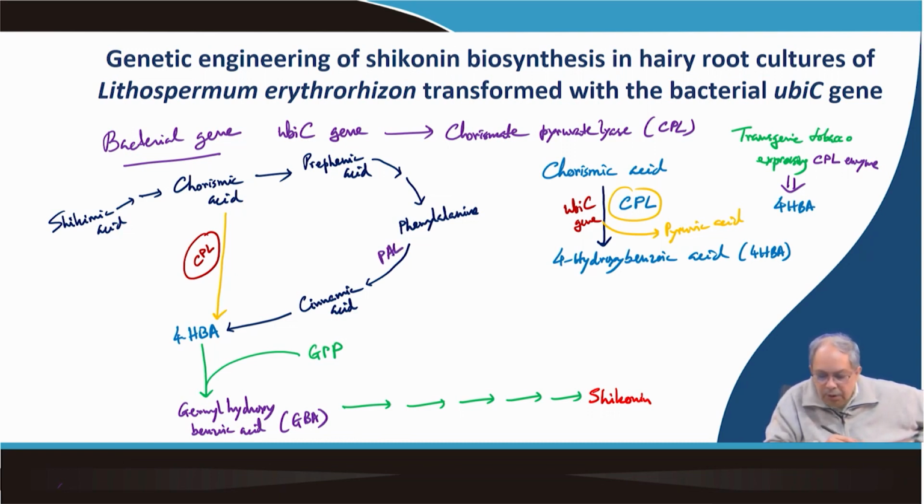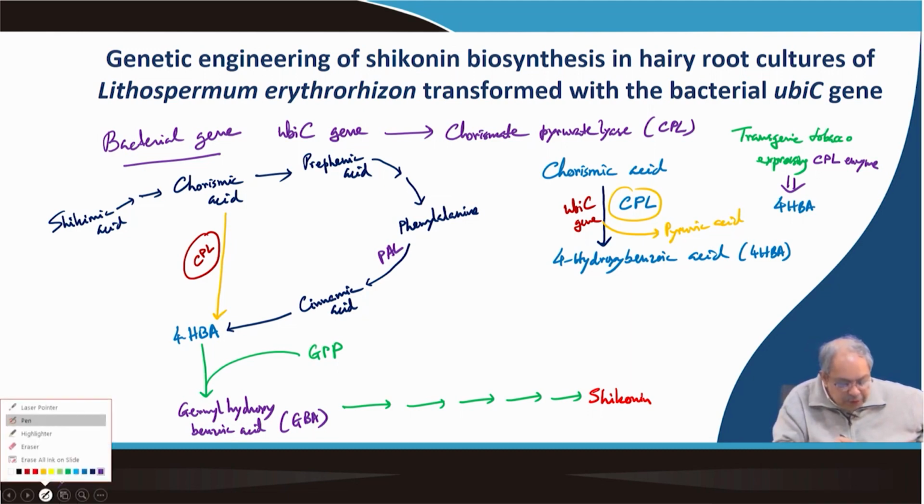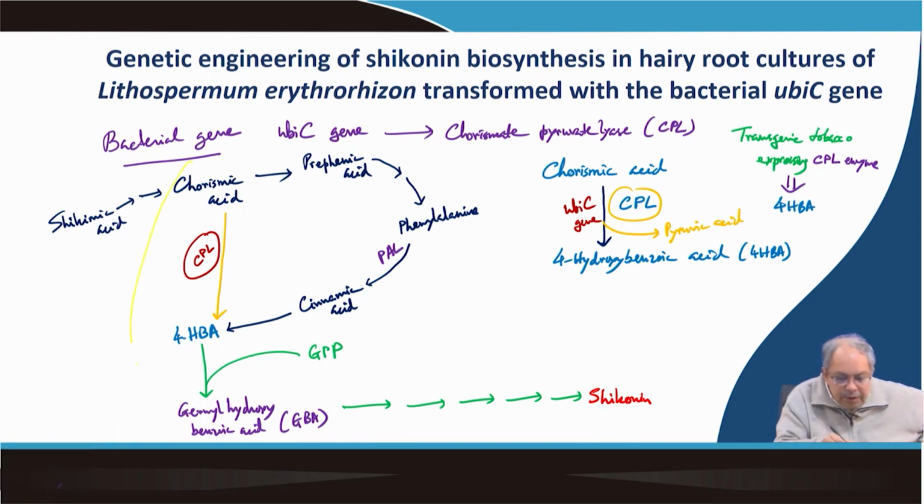So, if the UBIC gene which encodes CPL can be transferred into Lithospermum erythrorhizon, then what will happen? The existing pathway from chorismate to 4-hydroxybenzoic acid involved several intermediates. Now, that can be subsequently shortened by putting this step here. Okay. Then what will happen, that maybe the normal route will operate, but if you express the